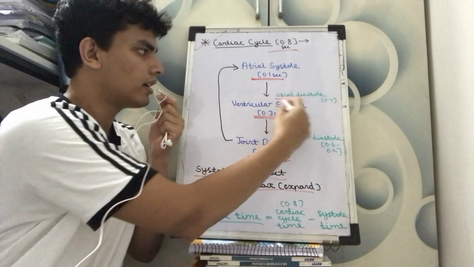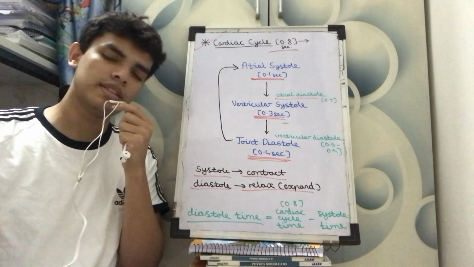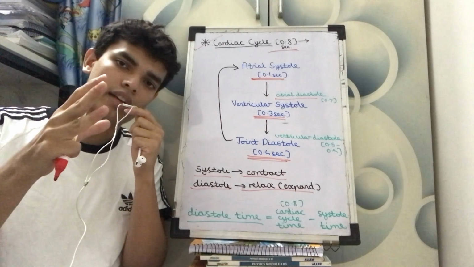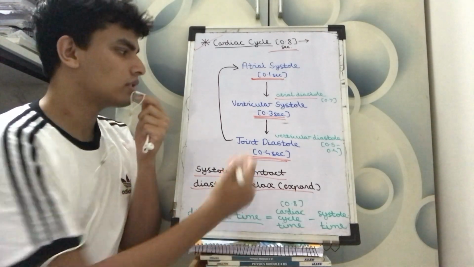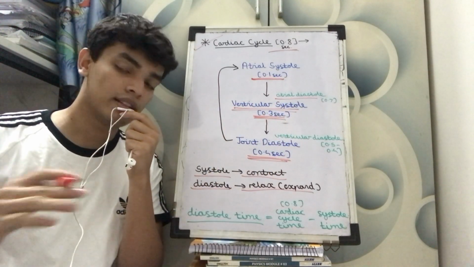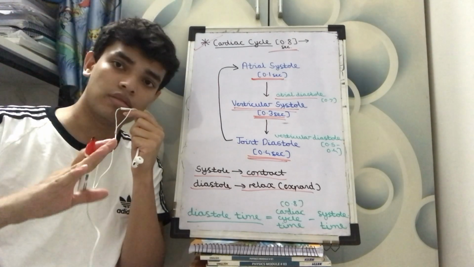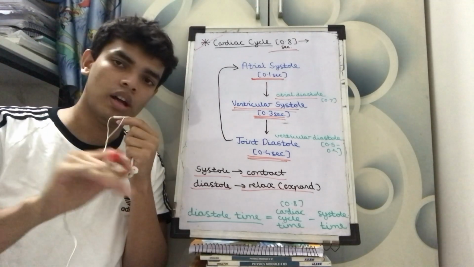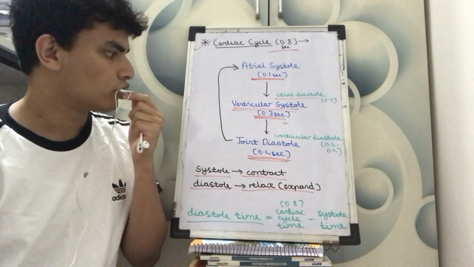Then atrial diastole occurs. Atrial systole starts and happens, and then atrial diastole happens. At the same time, atrial diastole means the atria relaxed, so who will press? The ventricles will press. So then ventricular systole occurs. In ventricular systole the blood goes up again, where it does not go again into the right atrium. It goes through the tubes, as we learned, the aorta and the pulmonary artery. The blood goes into both of these when ventricular systole happens. Okay, and after that comes